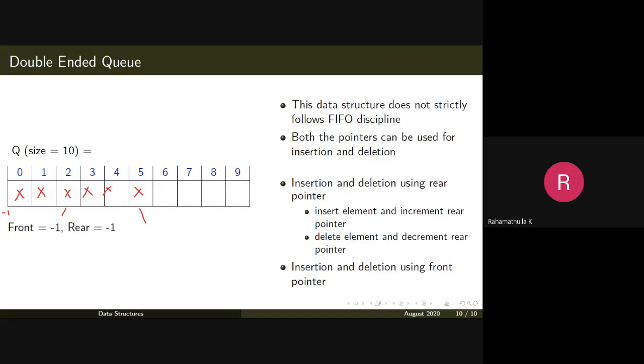We have seen two data structures. One is a circular queue, another one is a double-ended queue. There are other variants of double-ended queue. What I have discussed here was allowing all the four operations, insertion and deletion at rear, insertion and deletion at front.